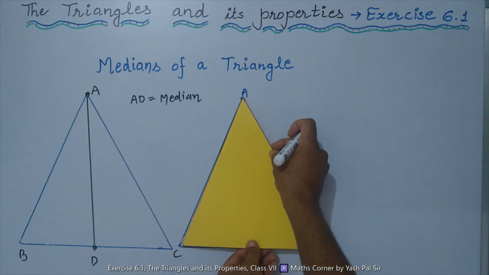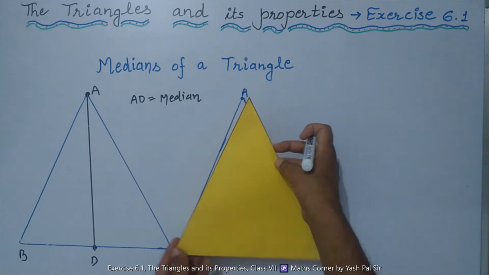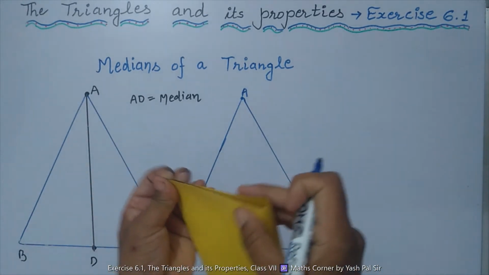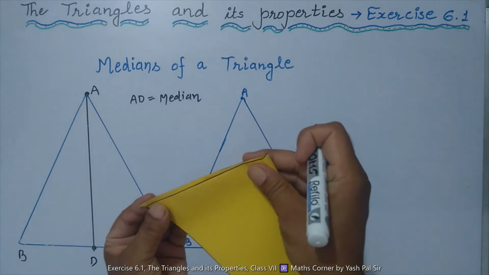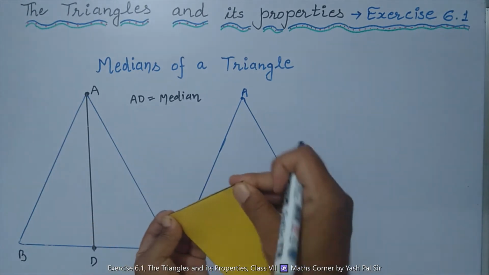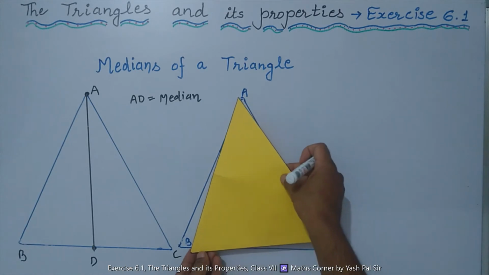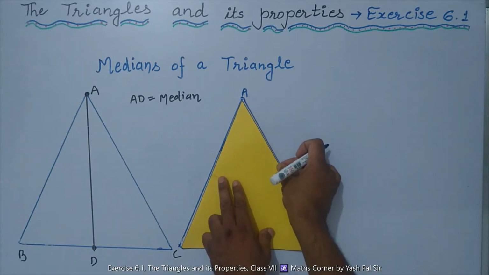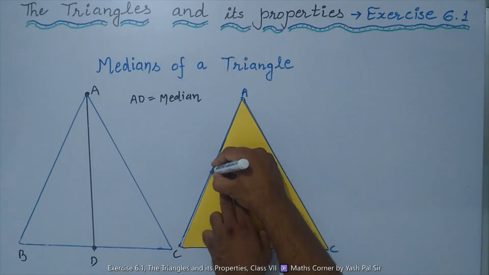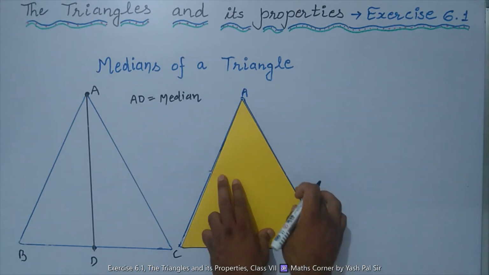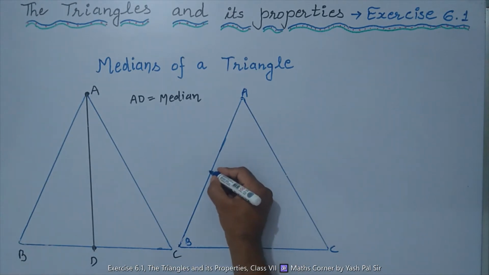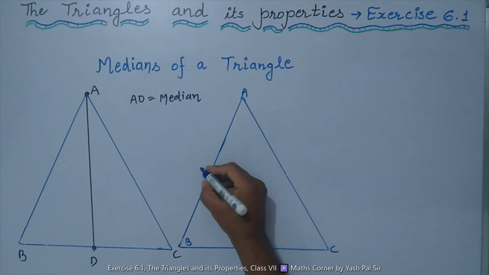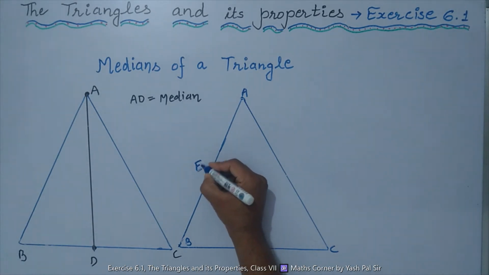In order to find the midpoint of AB, we have to fold this side. This way I have folded the side, and here I am going to put the mark where we have got the midpoint. So this is the midpoint. So here after D, A, B, C, D, we can name this as E.